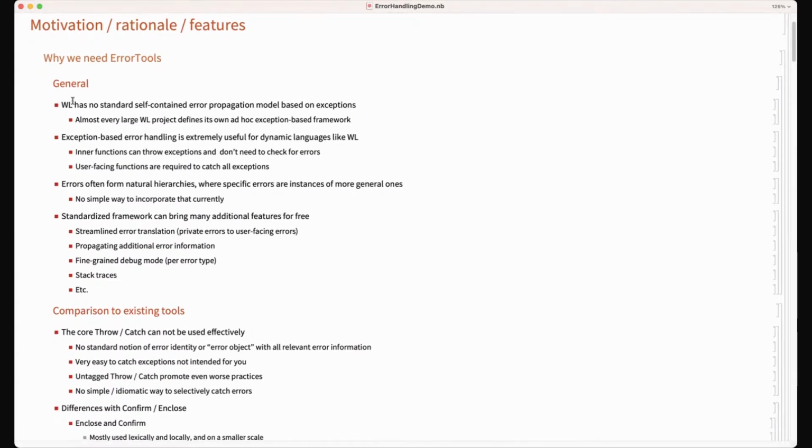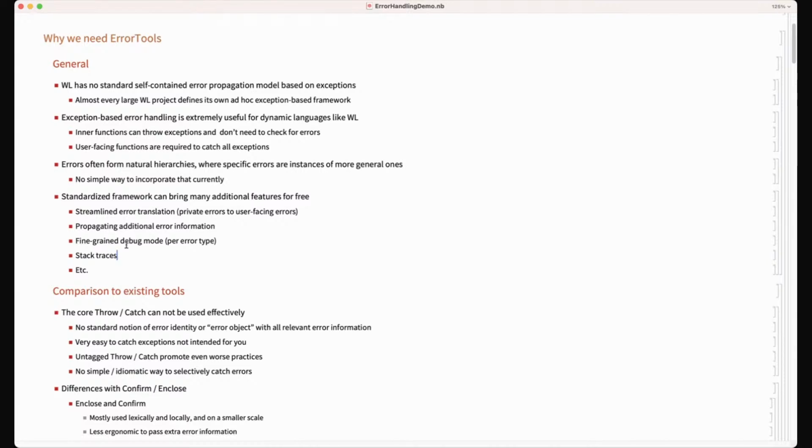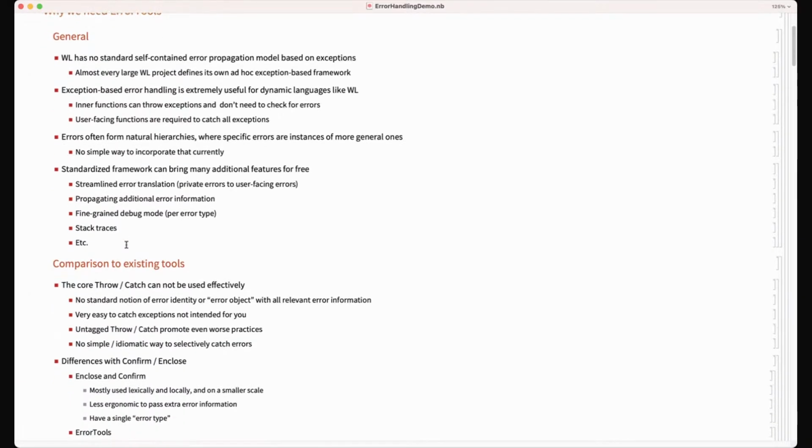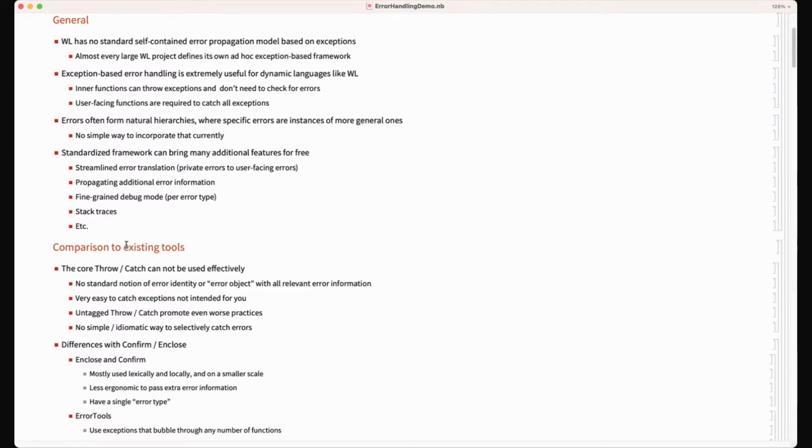And here we have some important points listed about why error tools, or this approach, might be a good thing, not in the least part because almost every large project inside and outside the company defines its own framework, essentially based on exceptions. But those frameworks are custom, non-standardized, and so basically everyone reinvents the wheel every time. So this is probably one reason which we want to prevent.